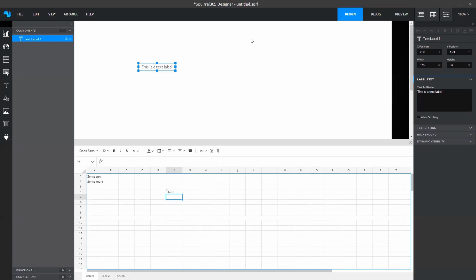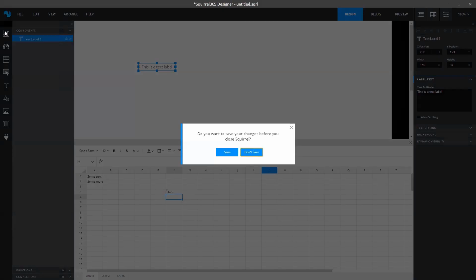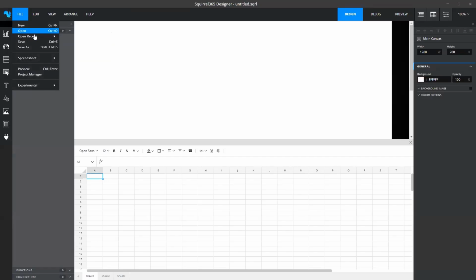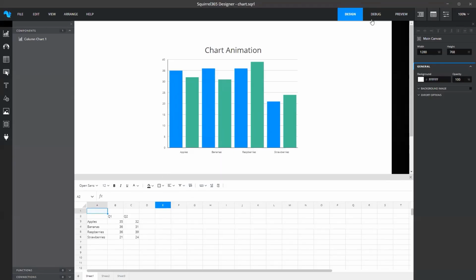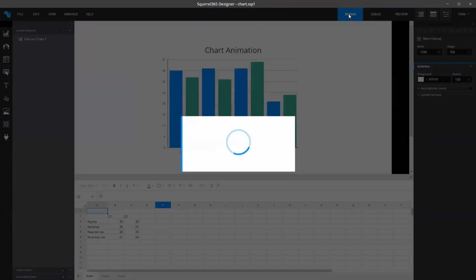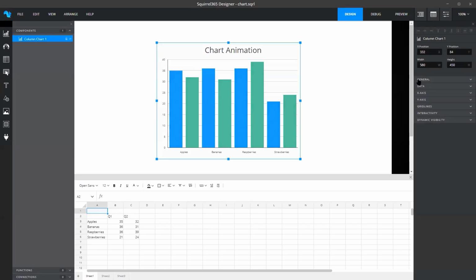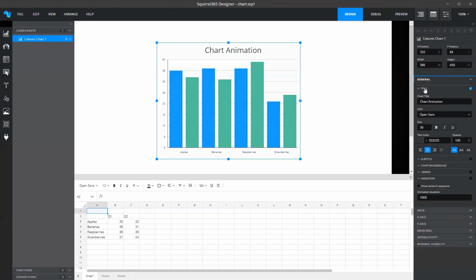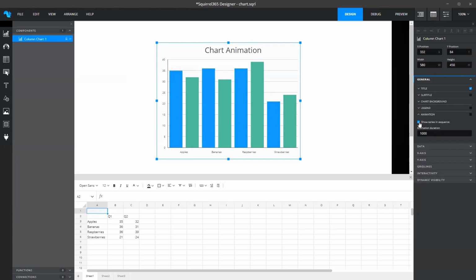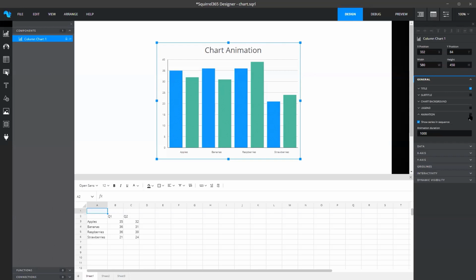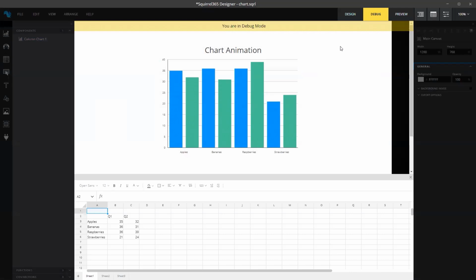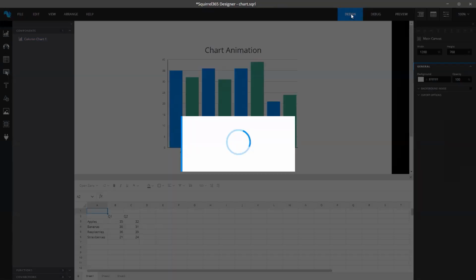So if I come back to here, I just load my open recent chart. So I have a chart here, and if I come in here, it just comes on. There's no animation, so that's the default. But if I come in here under general, I can say I want to animate it. I show animation, and the default is 1,000 milliseconds, which is a second. Oh, I need to turn it on. There we go. I had the wrong checkbox there. So if I turn on the animation,